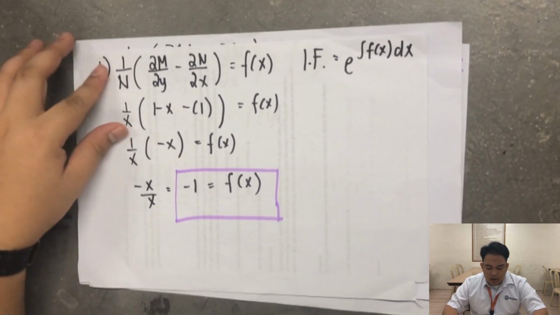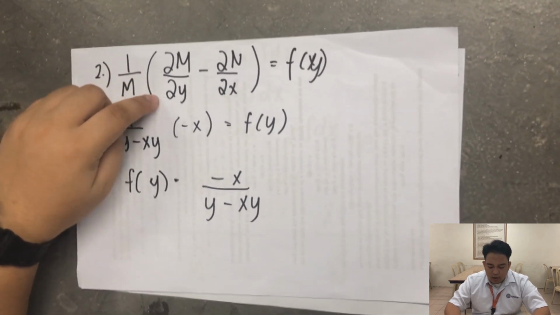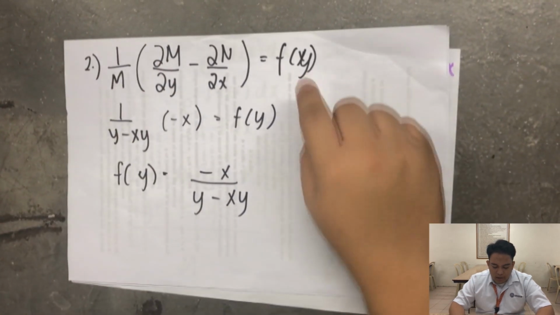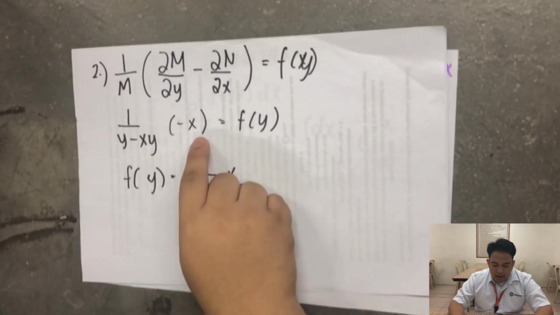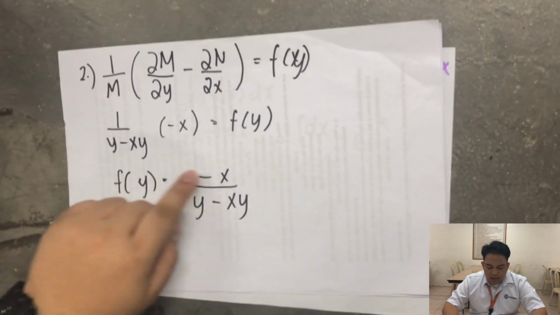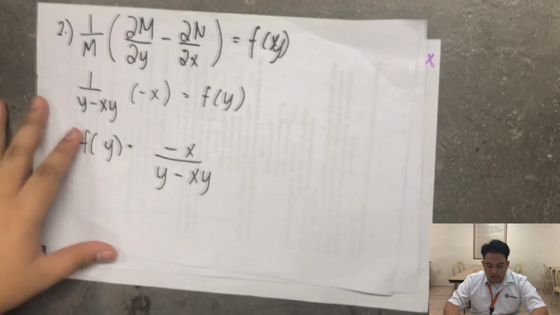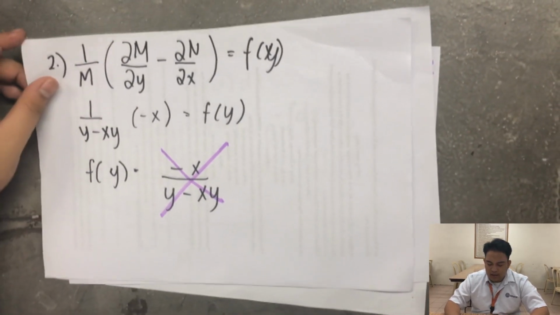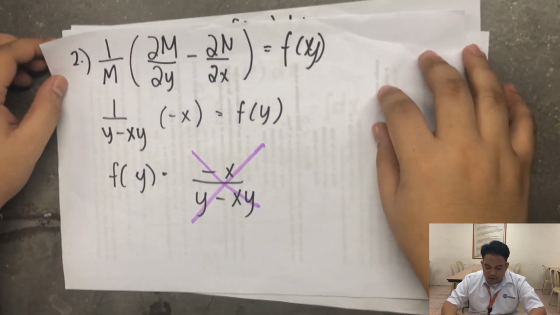However, if we use the second formula, 1 over M times the partial derivative of N with respect to y minus the partial derivative of N with respect to x, we get 1 over (y minus xy) times negative x. And then we will remain with f of y equal to negative x over (y minus xy). We will not use that. As you can see, we had an answer with two variables in it. So we must not use the second formula, but rather